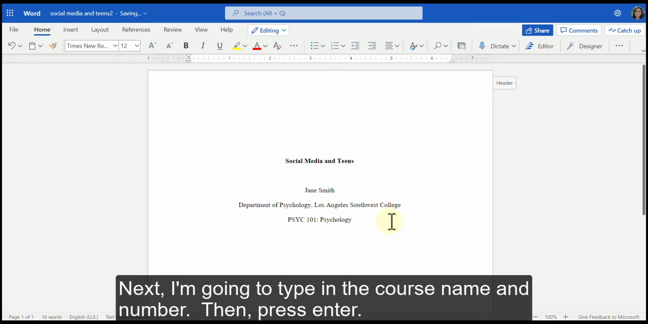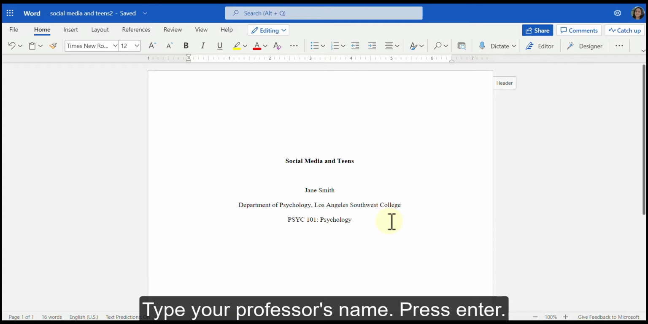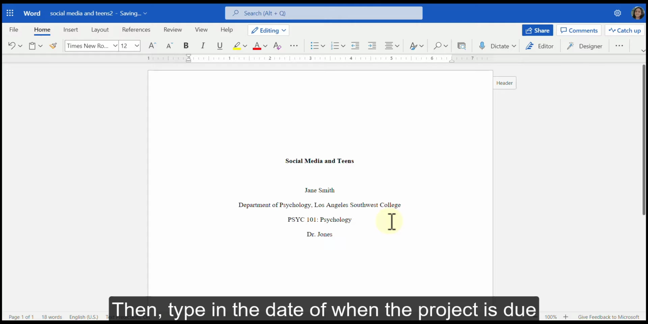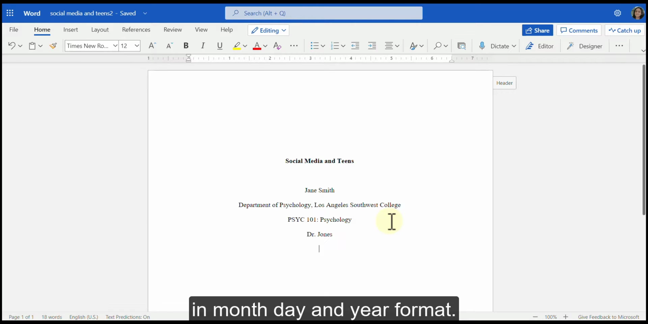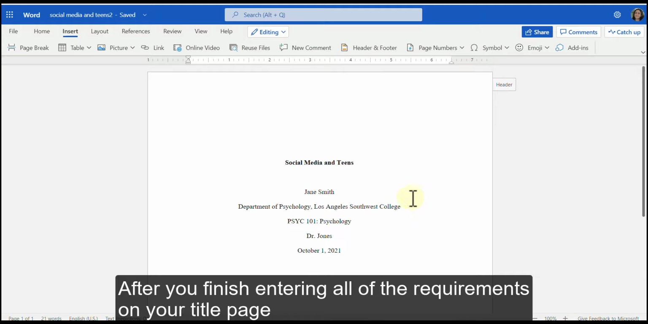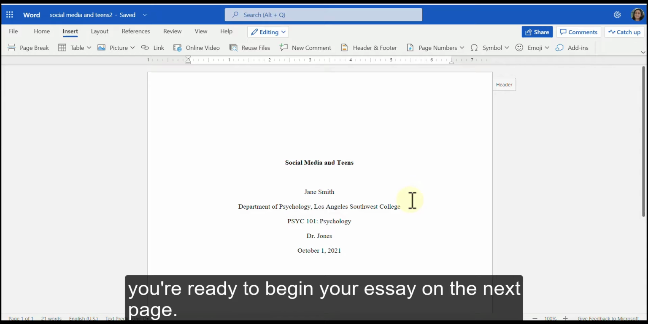Then press enter. Type your professor's name. Press enter. Then type in the date of when the project is due in month, day, and year format. After you finish entering all of the requirements on your title page, you're ready to begin your essay on the